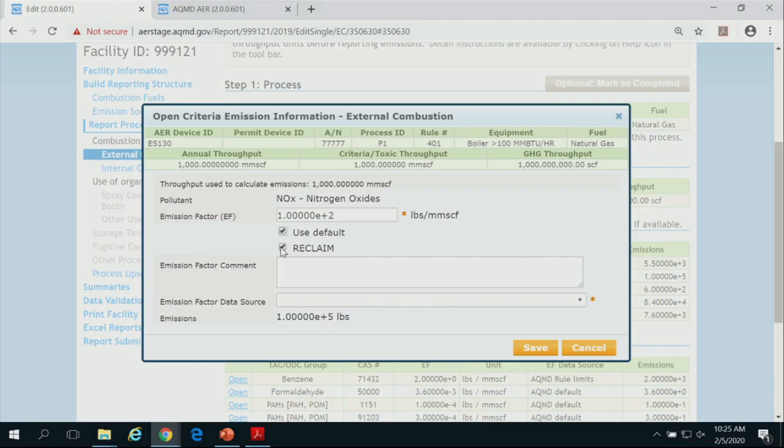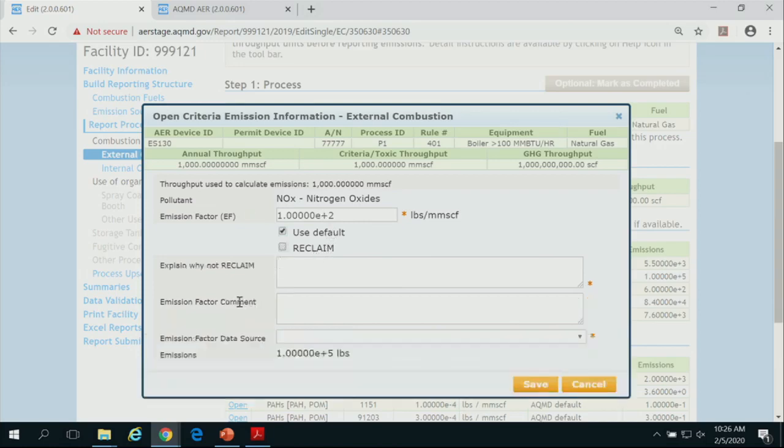Let's say you have that case where you want to designate this equipment as not reclaim. You need to go to the NOx emission and uncheck reclaim. And it's going to open a window. This is new this year. It's going to require you to explain why you switched off reclaim. What's the benefit of this?